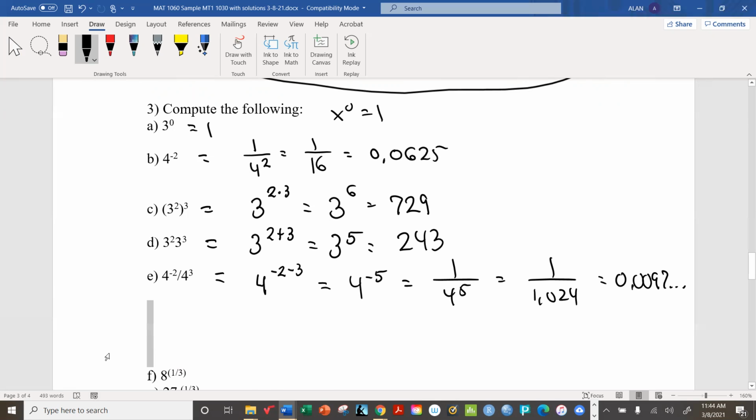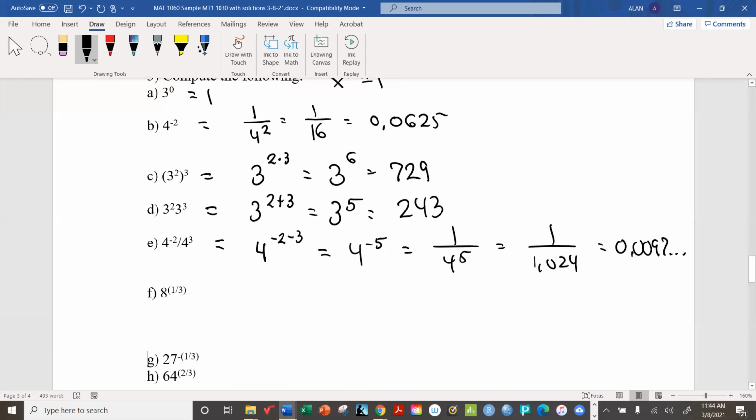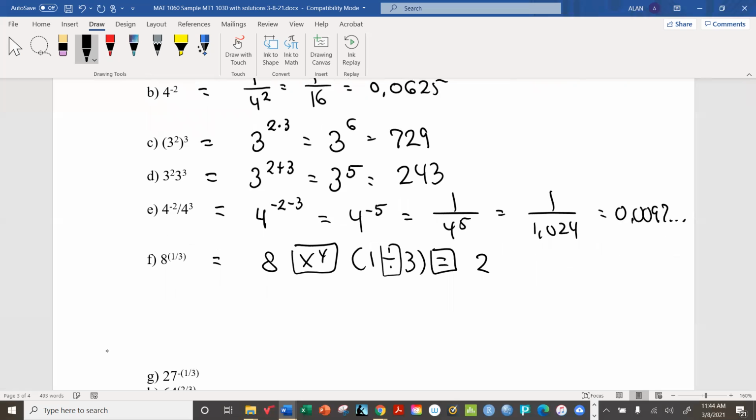All right. Anyway, now these next three, you could actually solve these. You could use your calculator if you want to. In fact, like this one, for example, you would put 8 x to the y. You have to be careful with this one because you need parentheses to get to this one. And you'll end up with a 2. And you can tell this must be the right answer because if you write it in reverse, 2 cubed is 8. And also keep in mind, this is just shorthand notation for the cube root of 8.